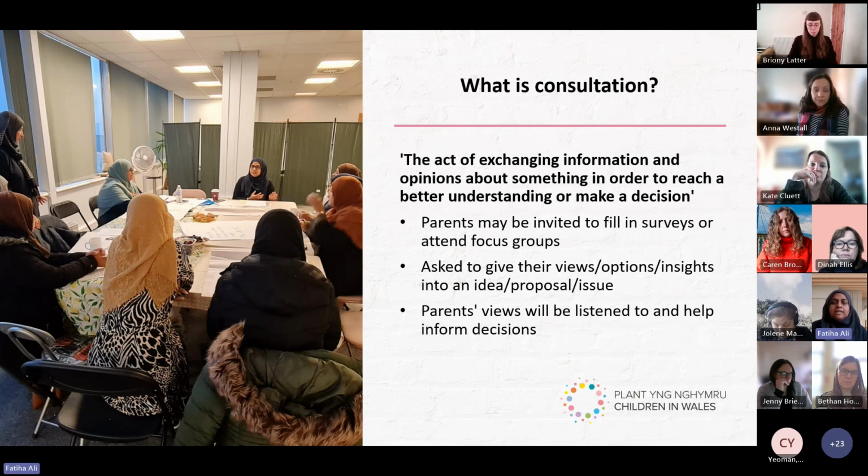Parents are asked to give their views or their insights into lots of different things. It could be an idea, a proposal, an issue that is coming up. Parents are given a space to give us their views, and those views are then listened to, and decisions are informed using those views collected from the parents.